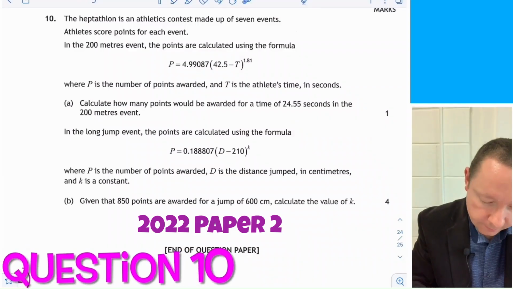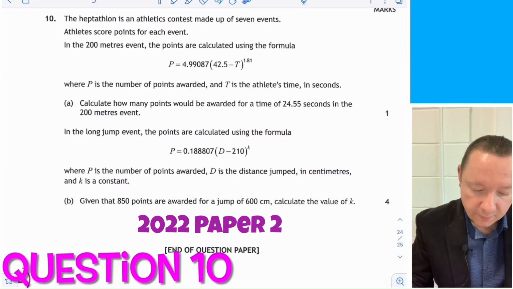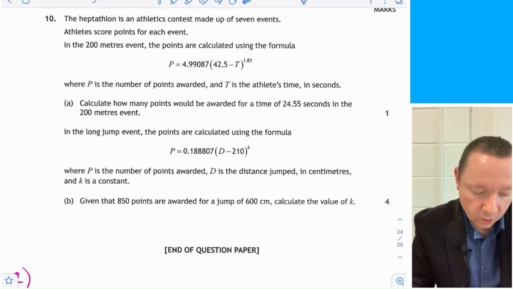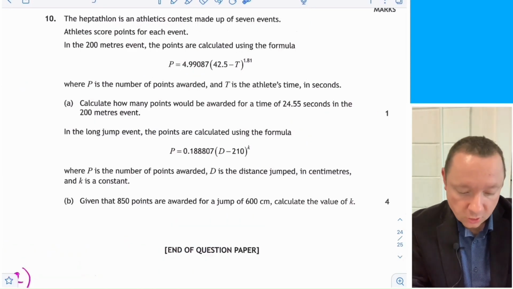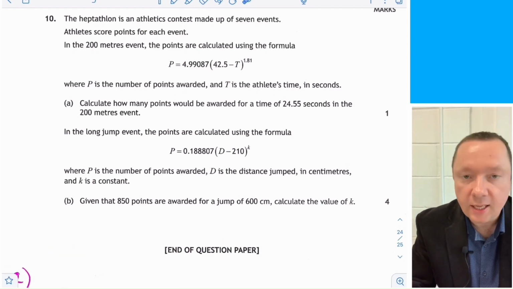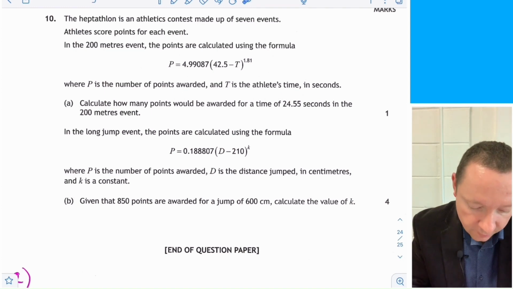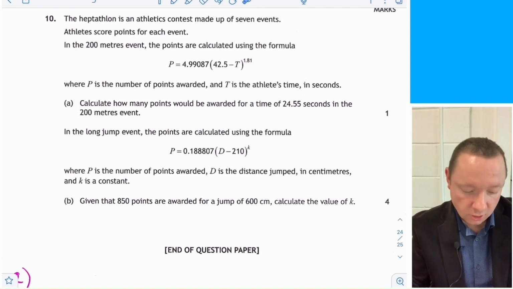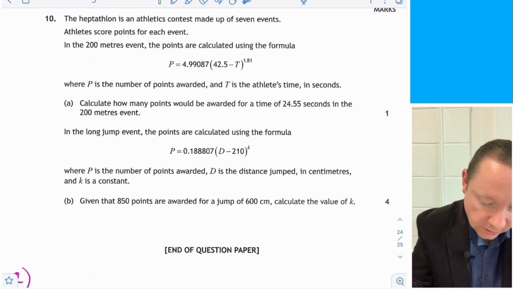Question 10. The heptathlon was an athletics contest made of 7 events. Athletes score points for each event. In the 200 metres event, points are calculated using this formula, where P is the number of points and T is the athlete's time in seconds. Calculate how many points are awarded for a time of 24.55 seconds in the 200 metres event. So we just need to substitute